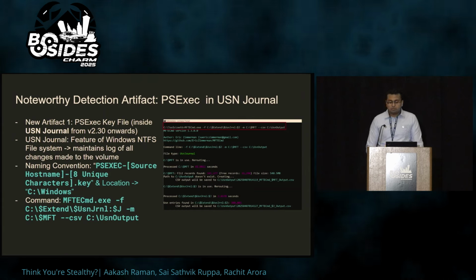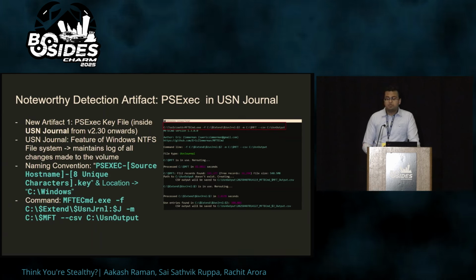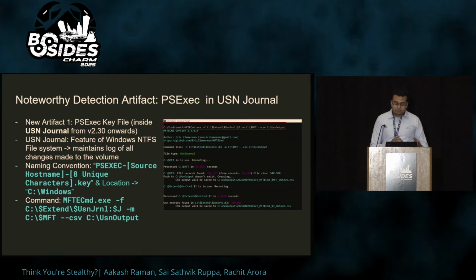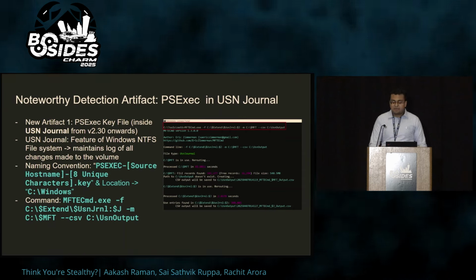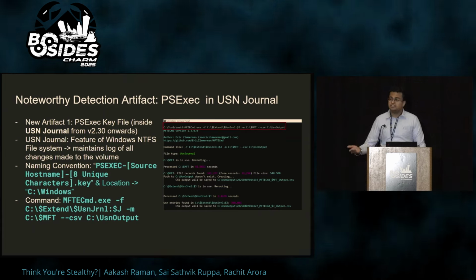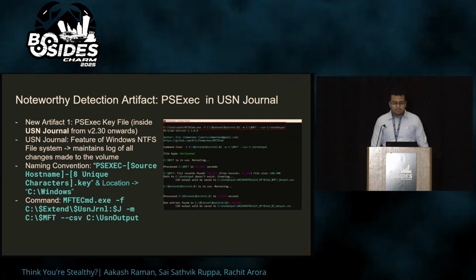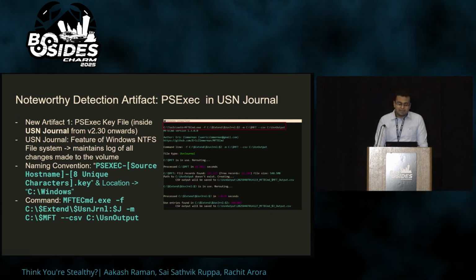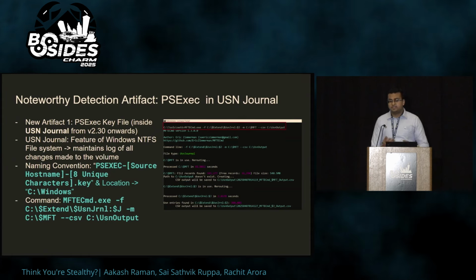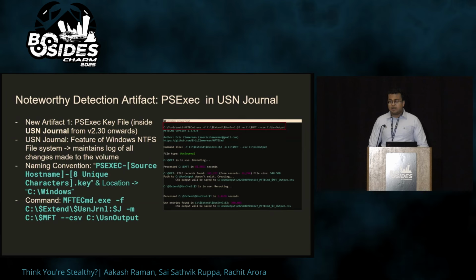The USN journal is known as the update sequence number journal or change log. Any type of file modifications or configuration management that takes place on your NTFS drive volume will be mapped in the USN journal, and the default location is $Extend\$UsnJrnl on a Windows machine. Eric Zimmerman, really a great guy, has developed a tool called MFTECmd.exe, which parses the master file table, which you can think of like an address book,